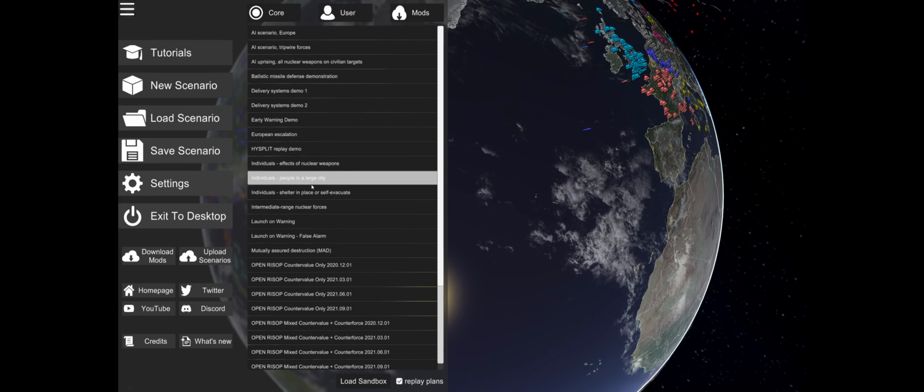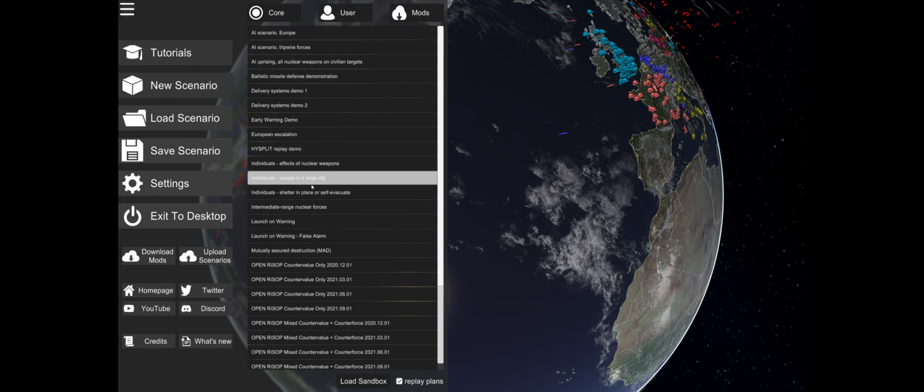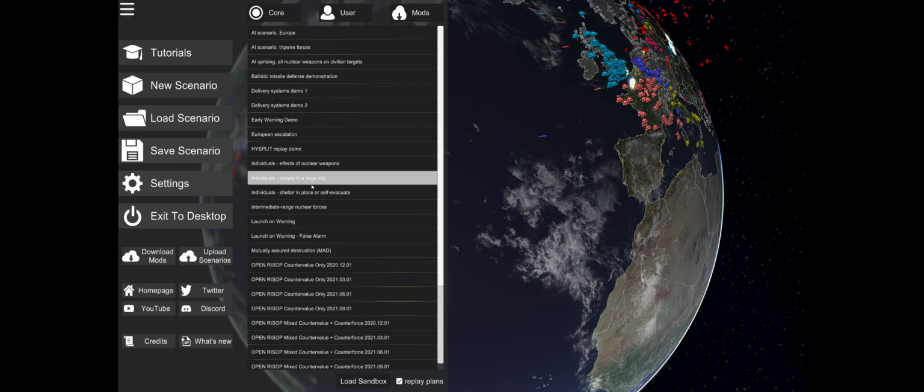Some sort of first take. I'm very excited to get my hands on this software. It's a bit buggy right now, but I believe that there might be a good amount of promise in terms of using it in the future for just sort of exploring different historical vintage Cold War scenarios as well as